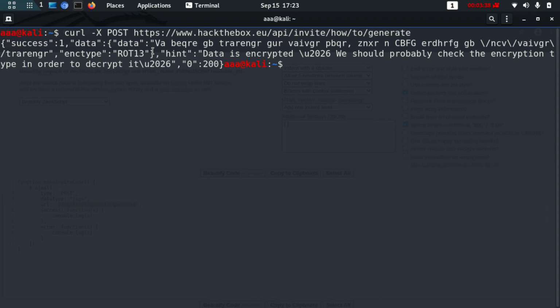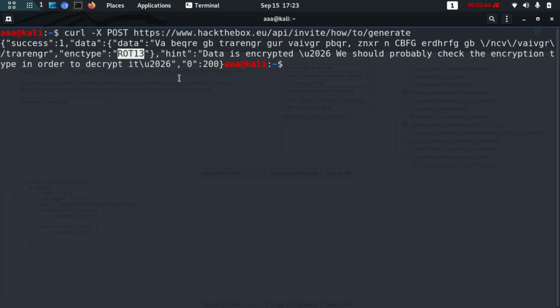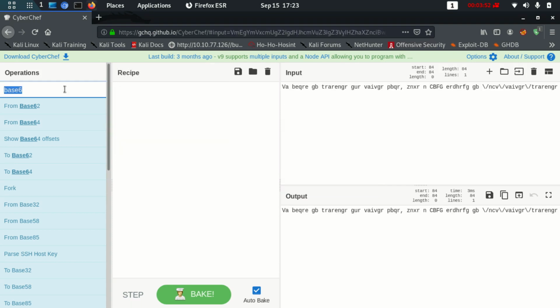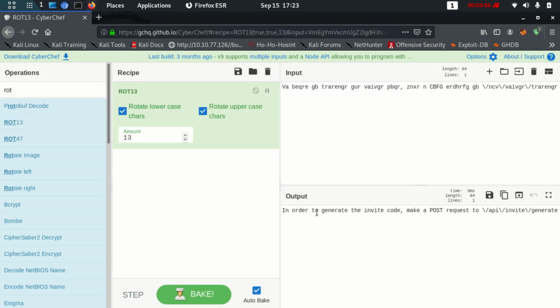So now I got some data. This data says that it has been encrypted by ROT13. There's another website known as CyberChef, or you can use Python code, or anything you want, and you just need to rotate it by 13 characters. So I'm going to use ROT13. There are many functions and many online places to decode ROT13.